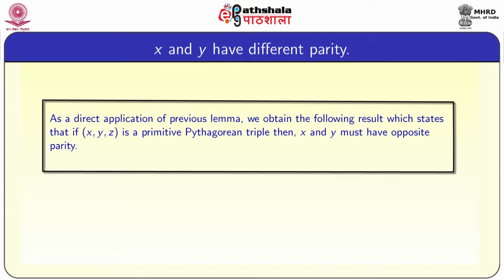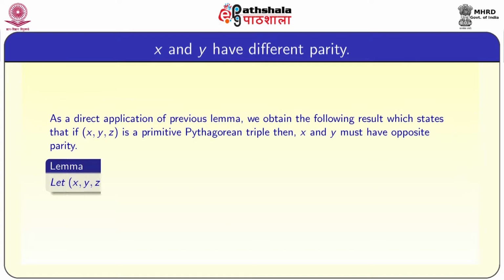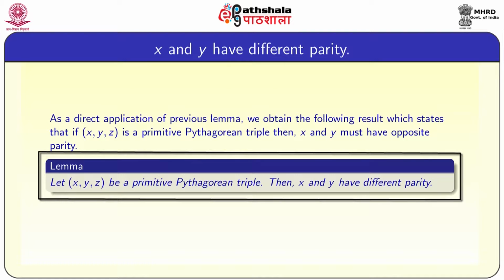It is easy to see that if both x and y are even, then z also needs to be even. So that is why the GCD of x, y should be 1. So x, y both cannot be even. Similarly, we can prove that both x and y cannot be odd. If both are odd, then we can prove a contradiction by showing that z cannot be of the form 4k plus 3 or like that. So we will show this now.